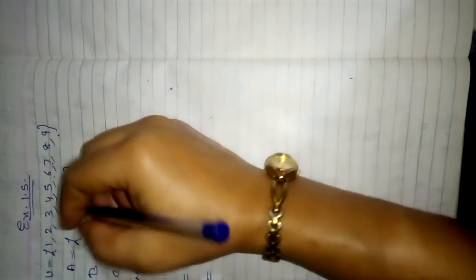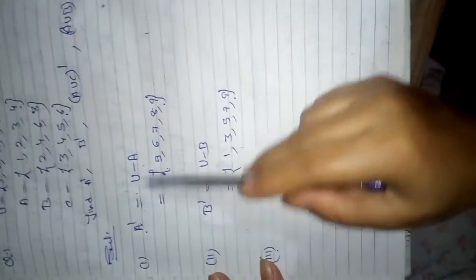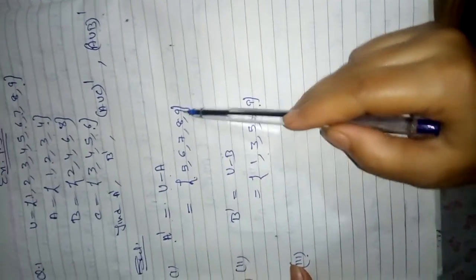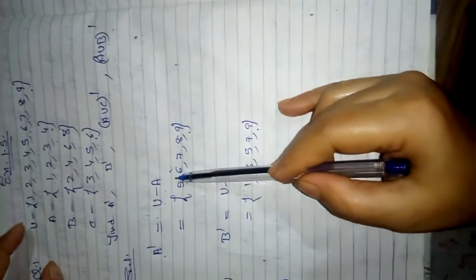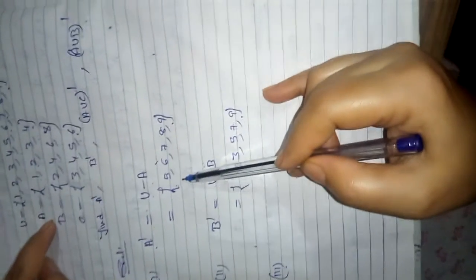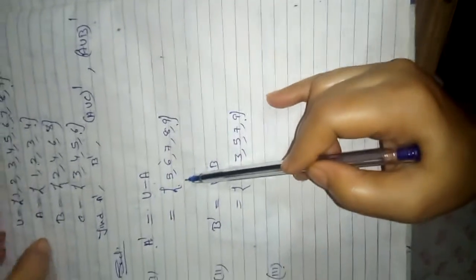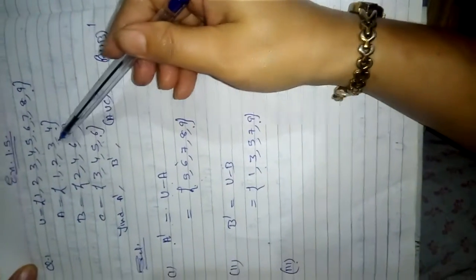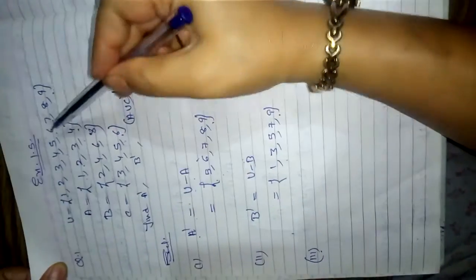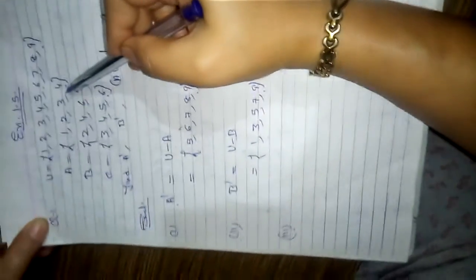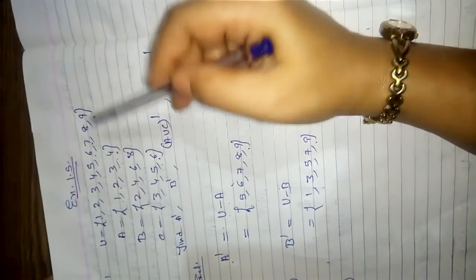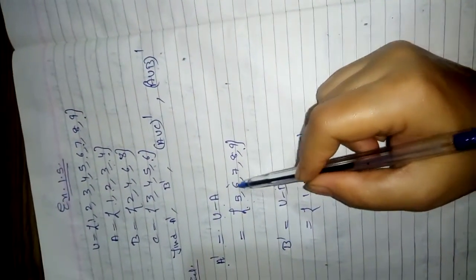We will write their terms. Now what is coming here in set U? In U, 1 is here. Now A dash is U minus A, that is 5, 6, 7, 8, 9, because in set U these are the elements and in set A these are the elements. U minus A means the elements of set U which are not present in A. So 5 is in set U but not in A, so 5 will come here. 6 is also present in set U but not in A, and 7 is also there, and 8 is not present in A, and 9 is also not. So it is coming U minus A.